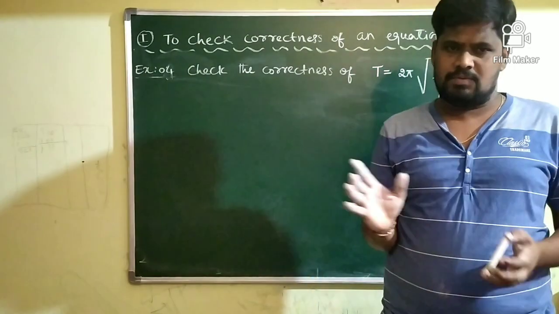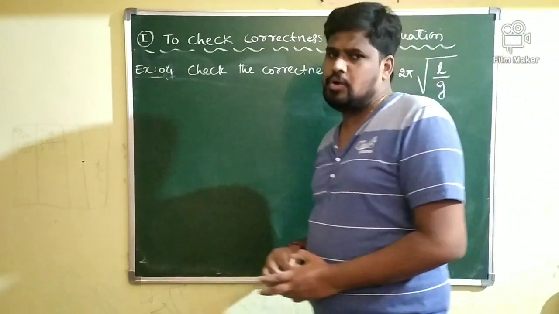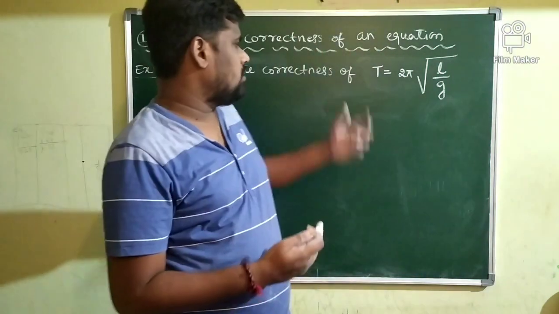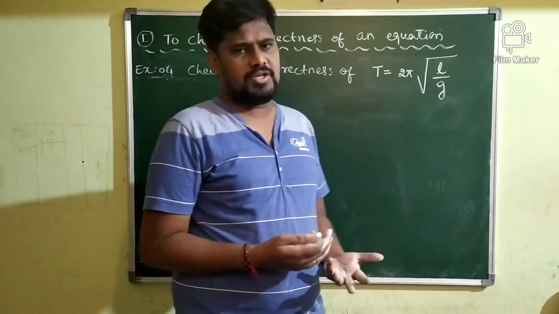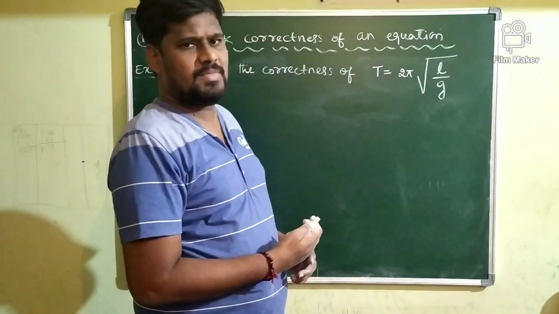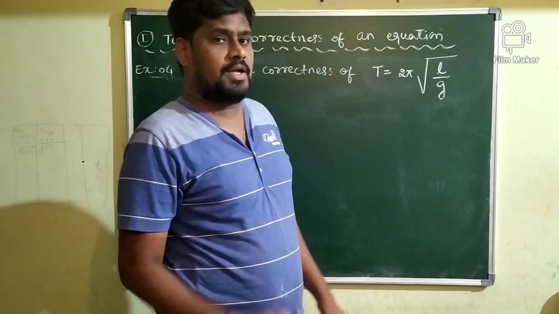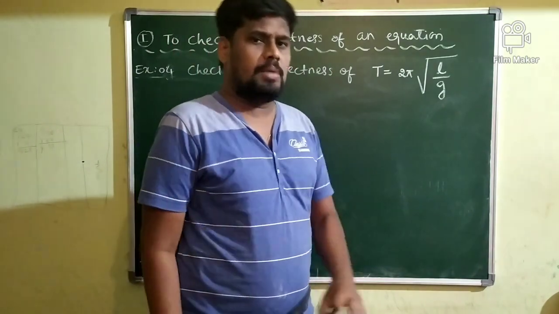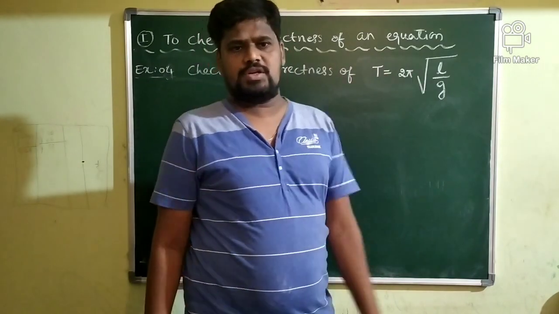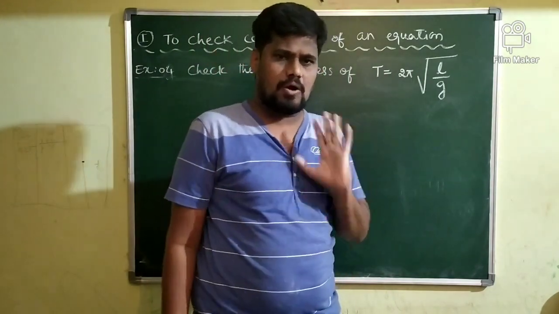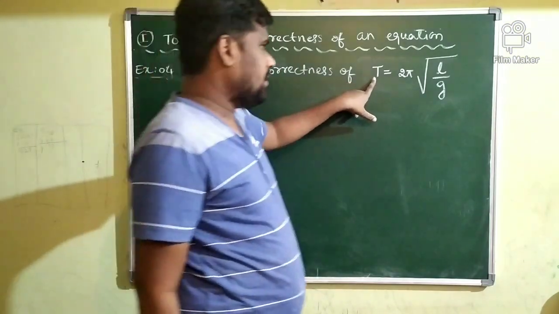That which swings is called a pendulum. T is called the time period of a pendulum. We are going to discuss the simple pendulum in the lesson called oscillation, which you will study in the next lesson. This is the formula which is used to calculate the time period of the pendulum. My aim is to check whether this equation is correct or wrong. Okay? T is time here, the time period.